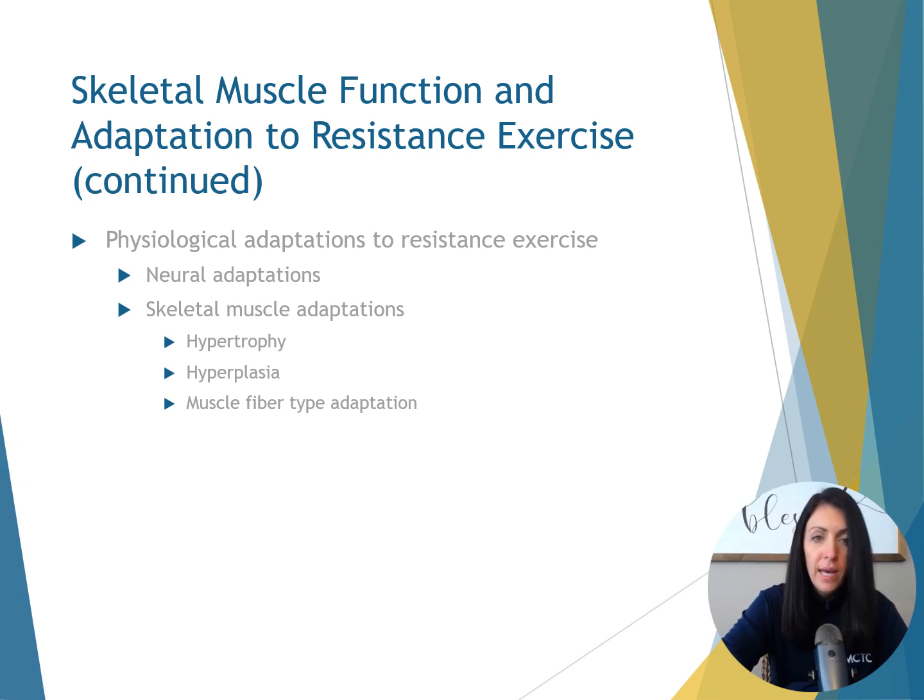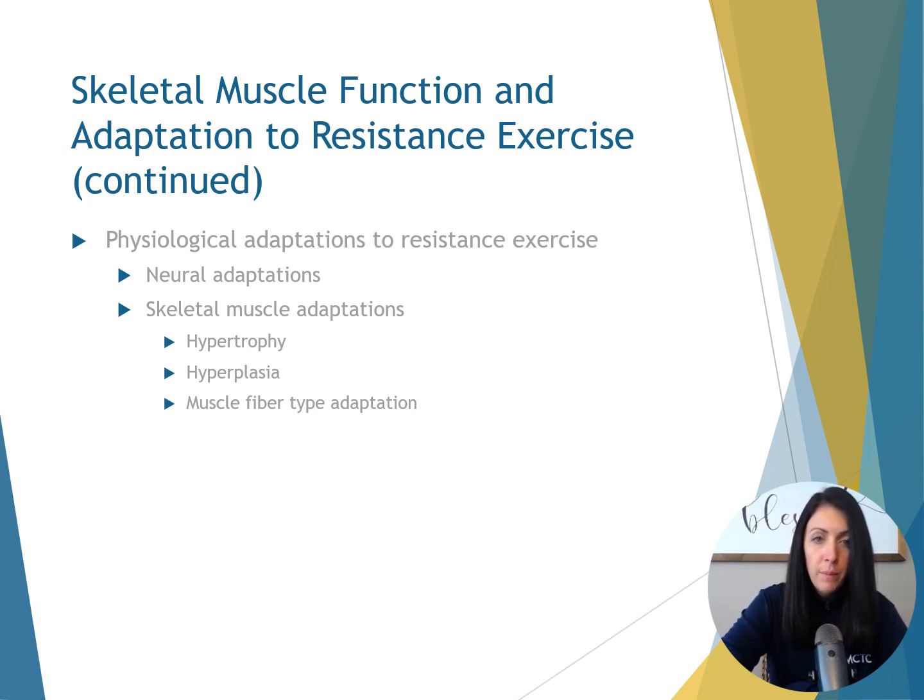Now for skeletal muscle adaptations for hypertrophy, that just means an increase in the size of the individual muscle fiber. And it's caused by increased myofibrillar volume after an extended period of moderate to high intensity resistance training. This usually occurs by 4 to 8 weeks, but it can possibly occur as early as 2 to 3 weeks, depending on if they perform very high intensity resistance training. So hypertrophy is an important adaptation and will definitely account for muscle strength gains. And the muscle strength gains are because it results in increased proteins of actin and myosin. It also has to do with the uptake of amino acids.